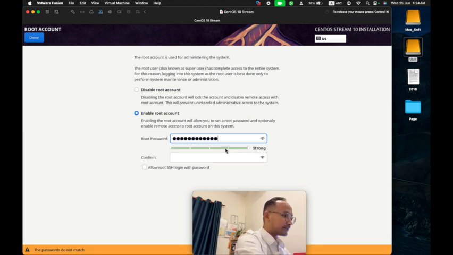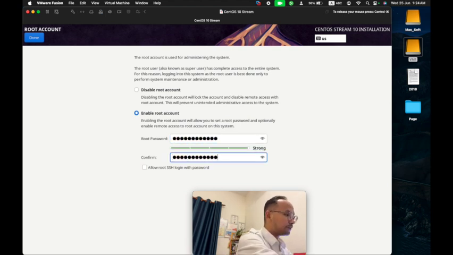And the third is minimal install. Minimal install is for starters or those at a basic level of Linux, and it will not have the graphics. The fourth is workstation.